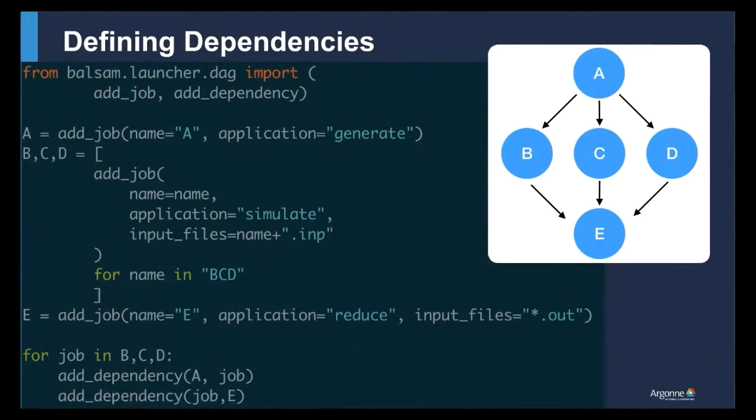In the case of dynamic workflows, we can create a DAG, or directed acyclic graph, of task dependencies with this balsam.launcher.dag module. You can see in this example, we're creating a fan-out and then reduce pattern workflow of 5 jobs. The way this happens is really simple. At the bottom of this code snippet, we have a loop over the middle tasks. For each middle task, we're adding a dependency, the parent job to that task, and then finally from that task to